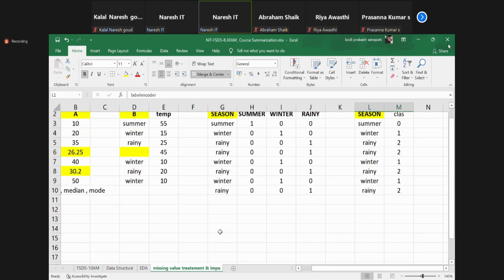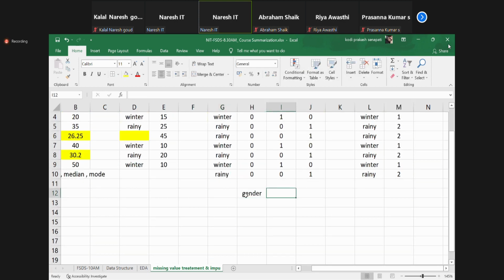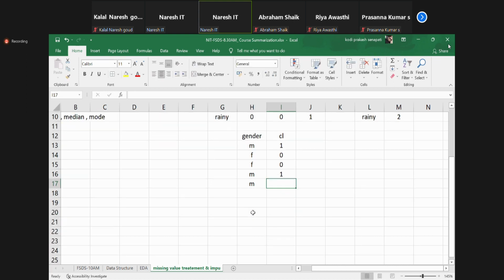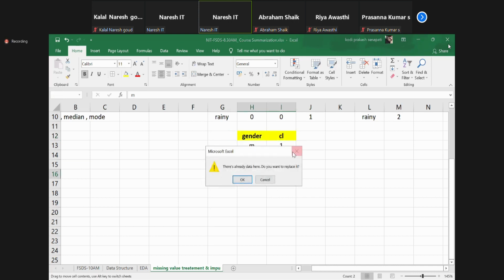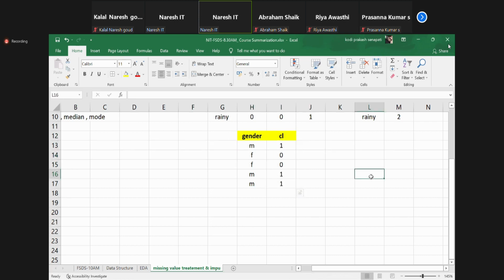Now let's talk about another example. Let's say gender. I can say male, female, female, male, male. Now if I feed it in like this, your system will never recognize which gender you are, isn't it? So let's go back and I can say, class male is 1, female is 0, 0, 1, and then I can call this 1. Guys, do you understand or not? So what happened? Rather than training on gender, I will train on these 1s and 0s.